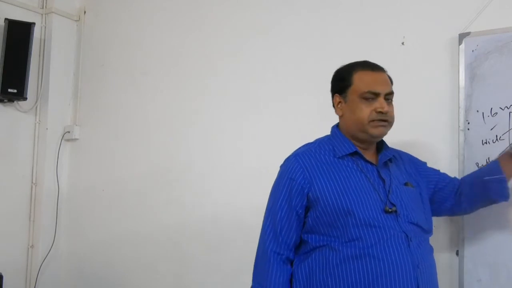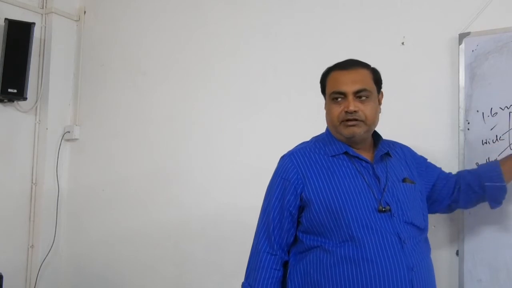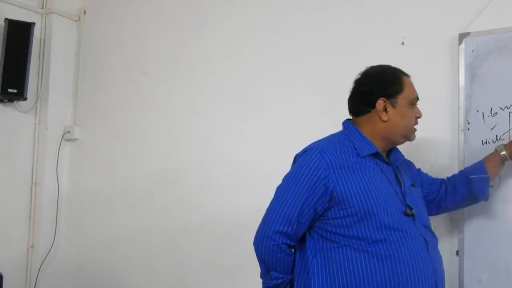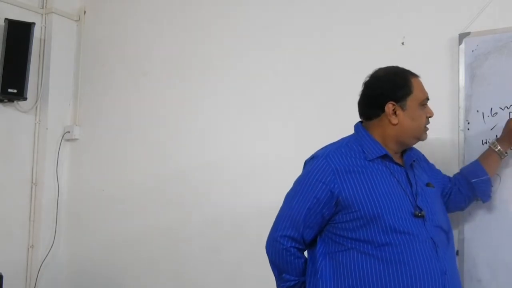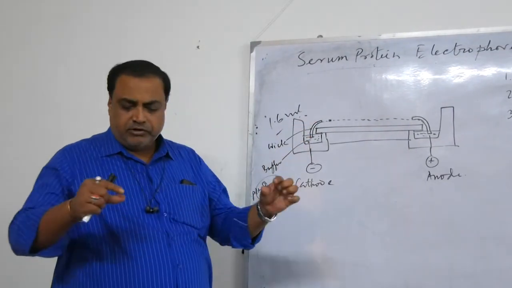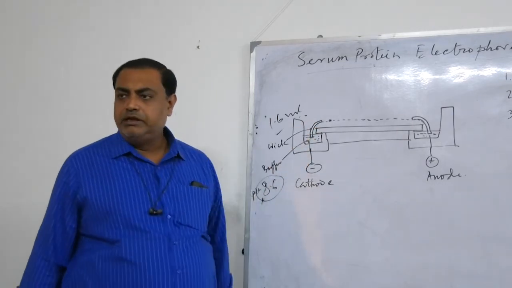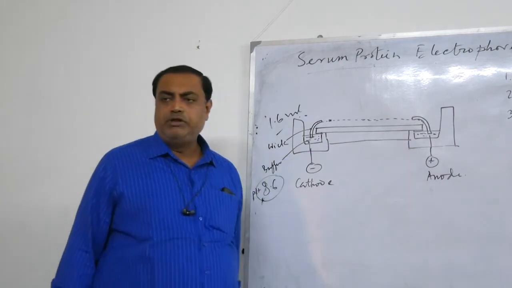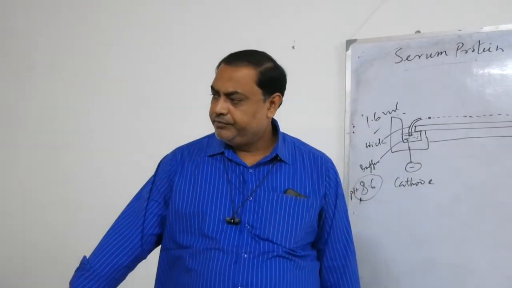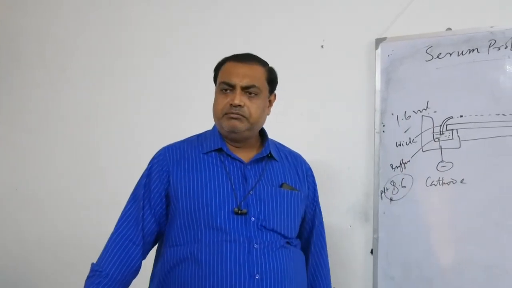Slowly you can start drawing this. Yesterday only I drew, so I did not wipe it out. Same instrumentation you can follow. So this is a glass slide, but this is a gel layer. These are the wicks, pieces of long cut paper, which will connect the buffer tank with the gel. Without the supply of buffer, the gel will soon dry up. So in order to keep the gel moist, you must put the wick.